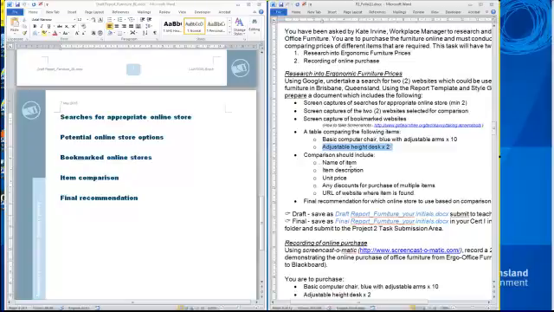Each comparison should include the name of the item, description, unit price, any discounts for purchase of multiple items, and URL of the website where the item is found. So 1, 2, 3, 4, 5. 5 different columns or categories for our table. So I know that my table is going to have 5 columns. Okay, 5 columns. In terms of rows, I need 1 row for the heading,